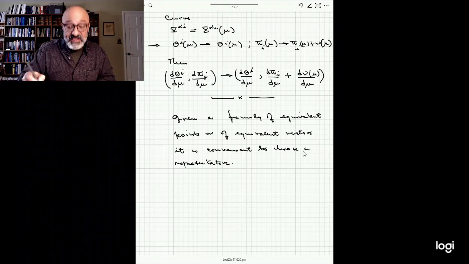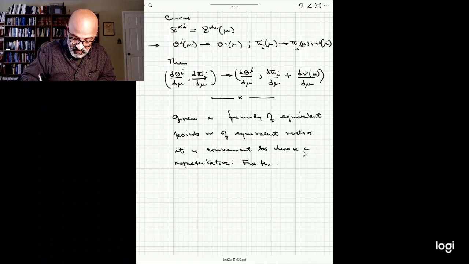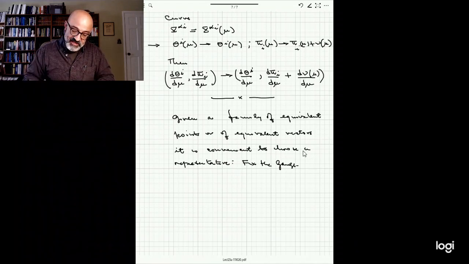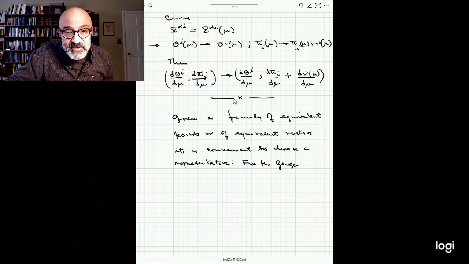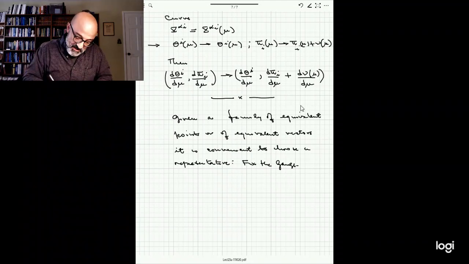This is called fixing the gauge. In the particular case that we are dealing here, it is convenient to fix the gauge by specifying that whatever these vectors here are,